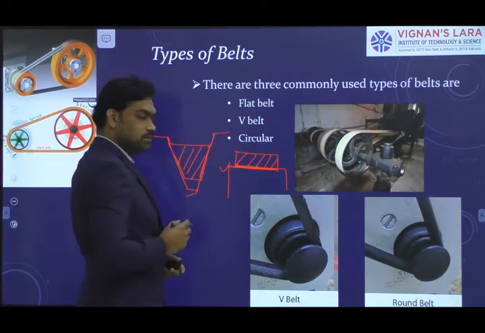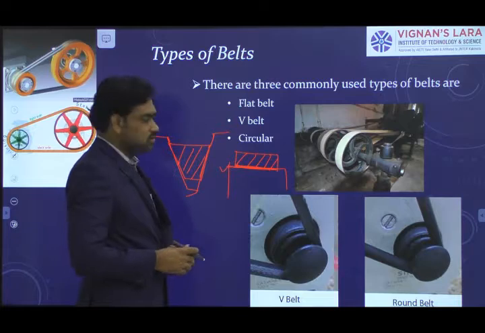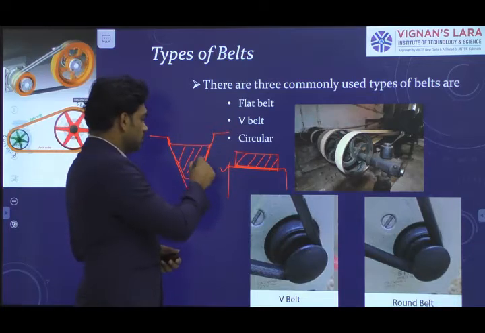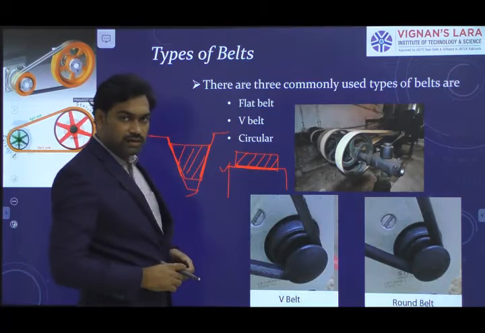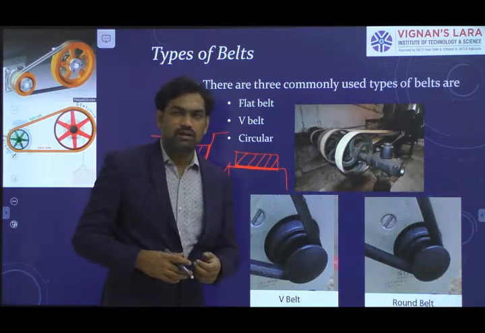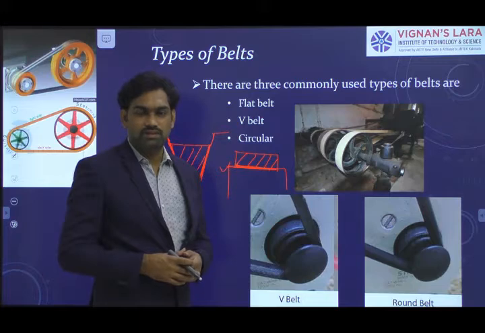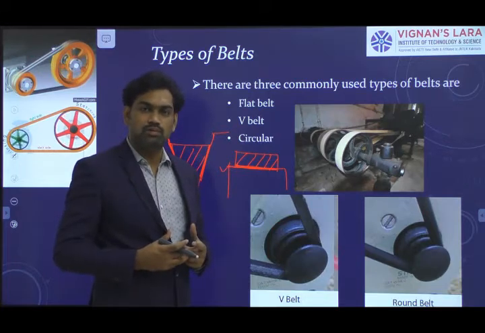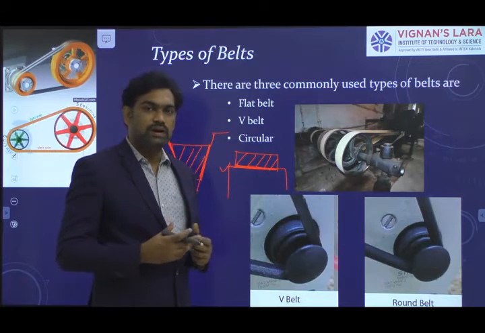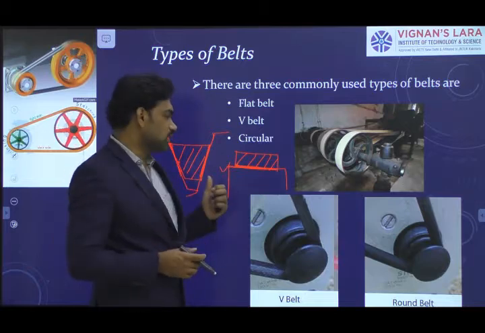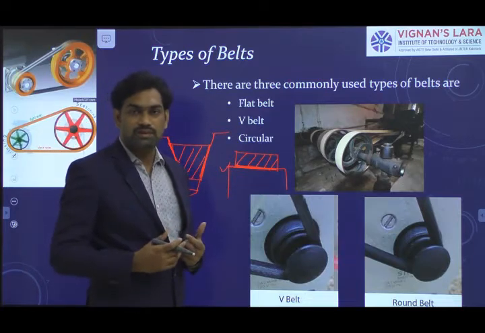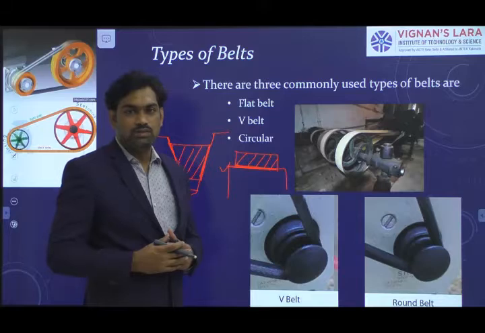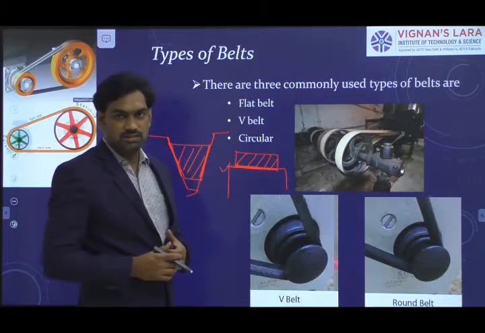So this is the pulley, which we call a grooved pulley. For V belt drives, we require grooved pulleys. Here the two faces are in contact with the pulley, so that a greater amount of frictional force can be maintained between the pulley and belt, giving it a greater capability to transmit a large amount of power, but within shorter distances.